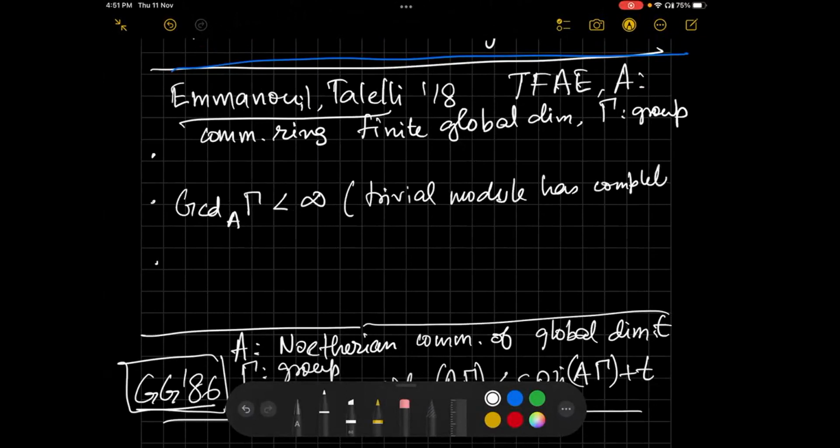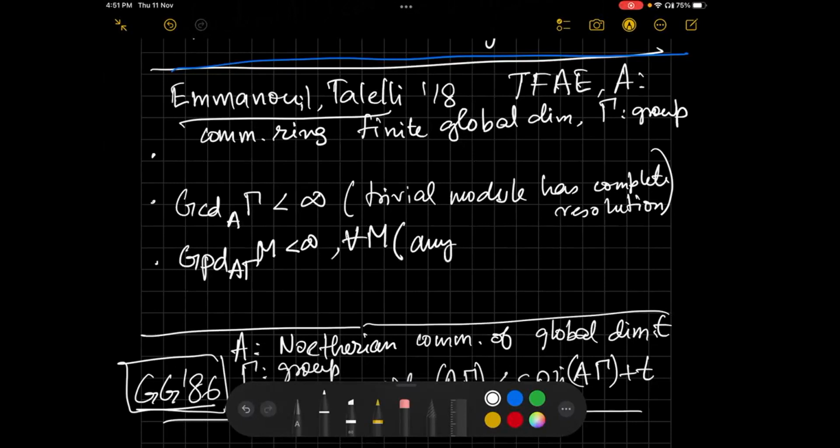And complete resolutions are key because that lets you define syzygy, inverse syzygy, which then becomes the suspension functor in the triangulated category structure that you put on the stable module category. I hope that makes sense. I'm not going to talk about stable module categories too much right now. So they showed that this is equivalent to saying that the Gorenstein projective dimension of any module should be finite.